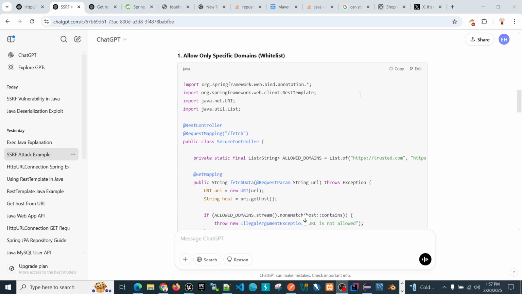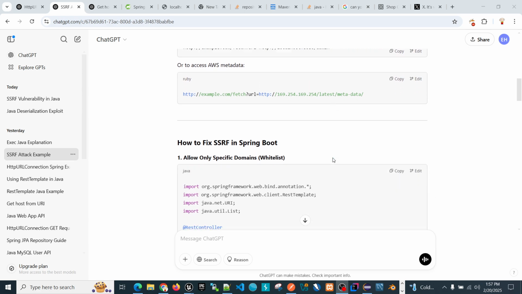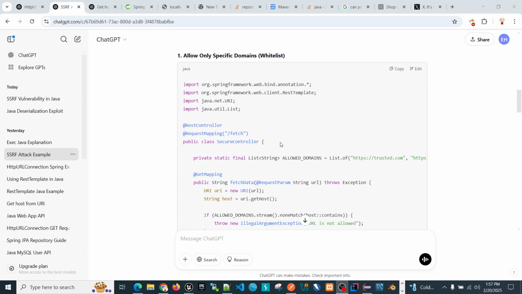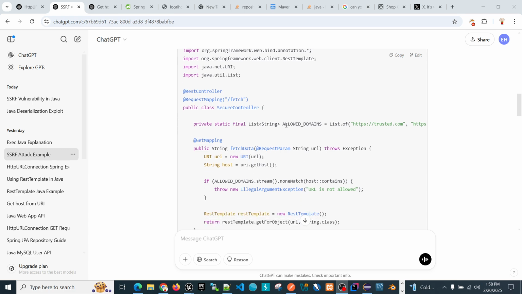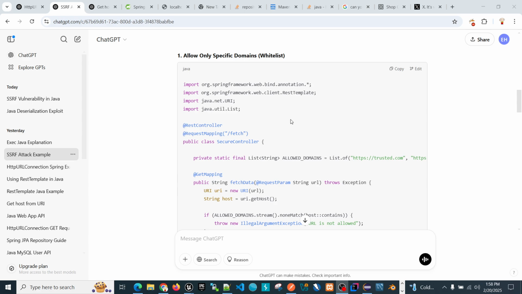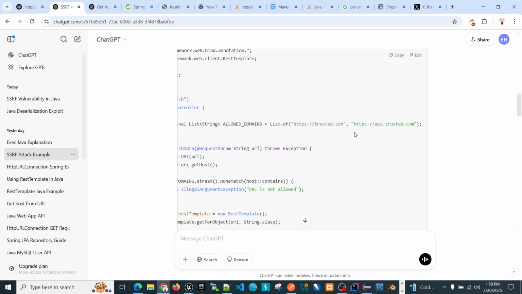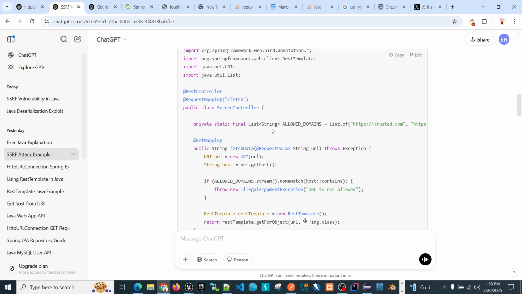This would be a good example, like prompt code, and it gave me this answer saying how to fix it. Now, the concept is correct, obviously. What it tried to do is add a list of trusted domains, and it does have a REST controller. It's using a Spring REST controller, and as you can see here, the concept works. So if it is out of any of these two domains listed here, one is trusted.com and the other one api.trusted.com, it creates a list using those two